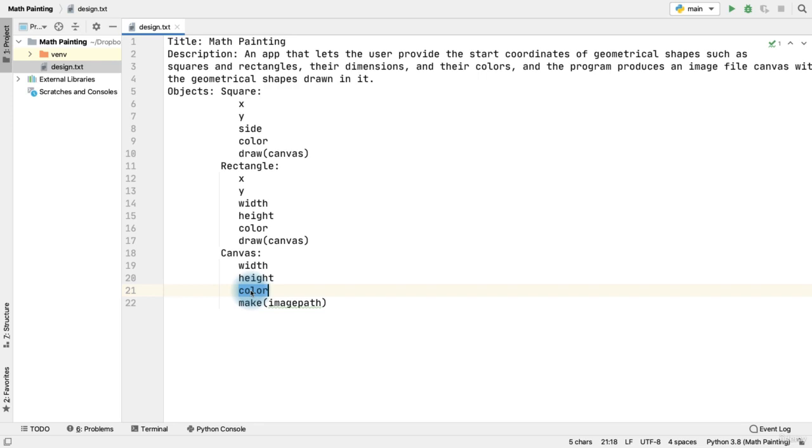And the canvas has a width, a height, a color, do you want it white or black or another color, and a make method which is going to produce the final image file, which could be PNG or JPG. And that make method, I think, should have an image path, so the file path of the image to be